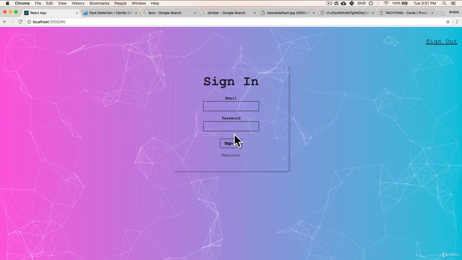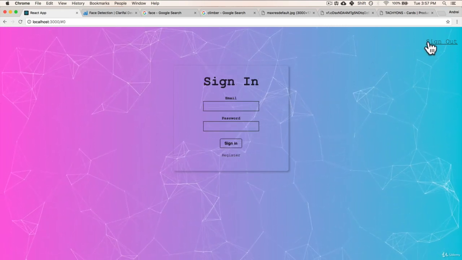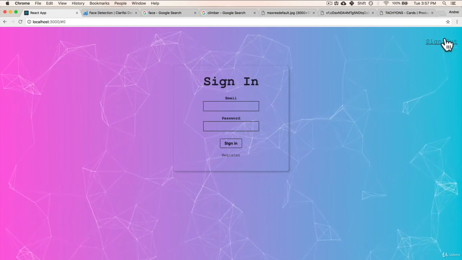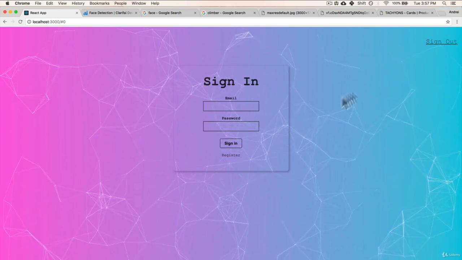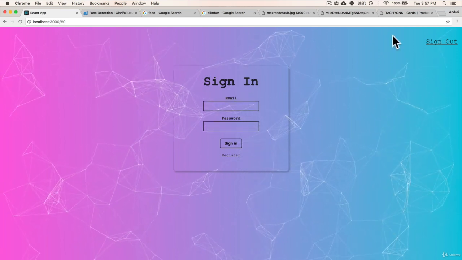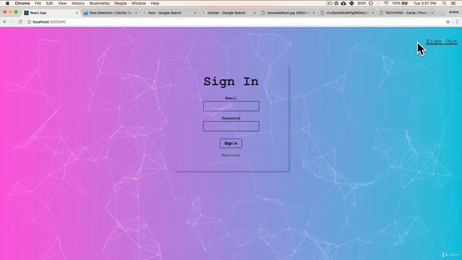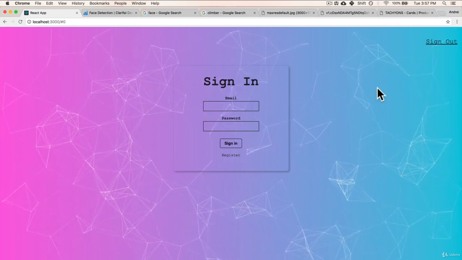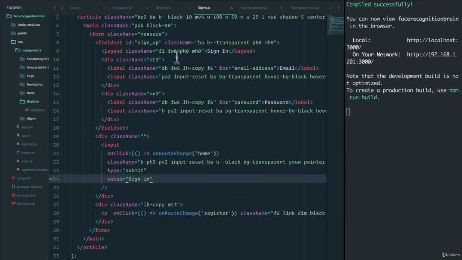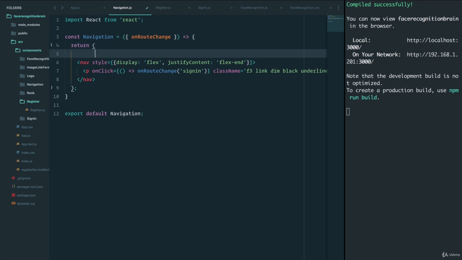The last thing that I want to fix is the sign out. I want to be able to have sign out only when I'm at home. And maybe when I'm on the sign in or register, I have the two navigation tabs over here. That's fairly easy to do. We can go back to navigation. And in navigation, we can say that